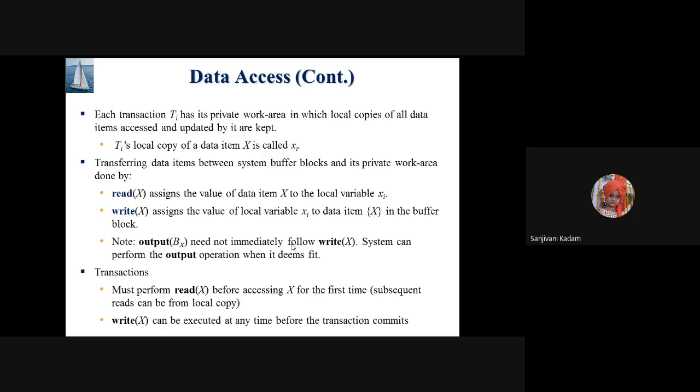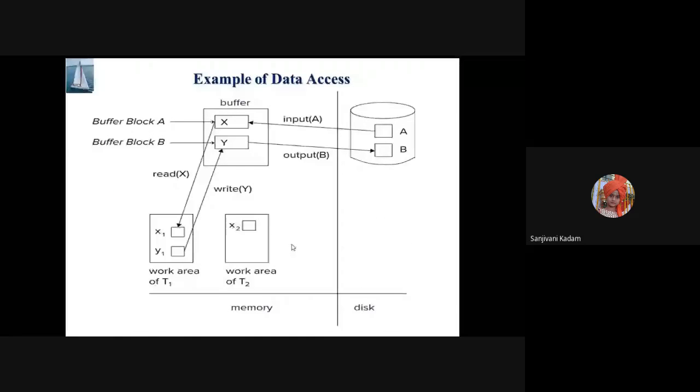So here, the main thing is that whenever any transaction is performing a write operation, consider that Y's value is getting modified. Write Y has been performed, and Y's value previously was 20 and now it becomes 30. Then it is not at all mandatory that even though transaction T1 is committed, this change will be written back to the disk. Immediately it does not always happen that the changed value is written back to the database. This operation can be delayed also, because whatever read and write or input and output are done,